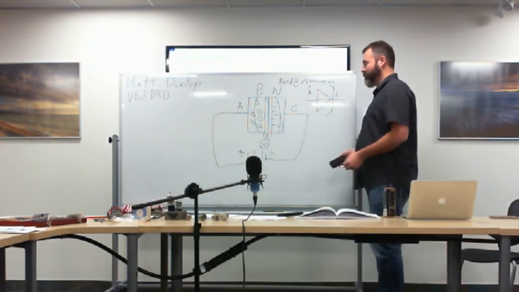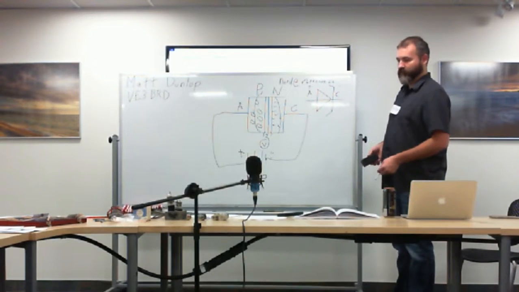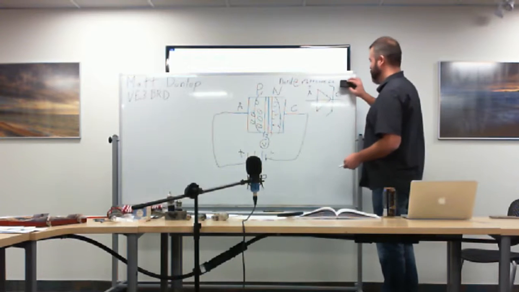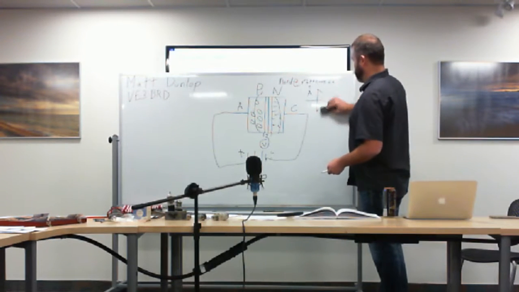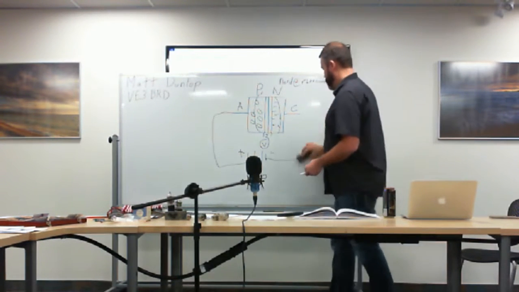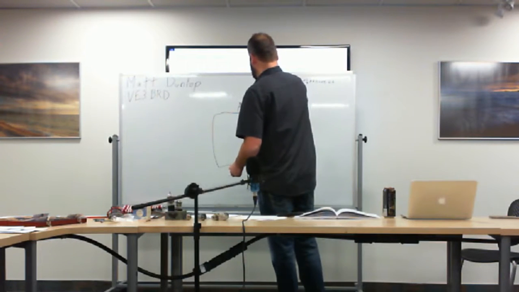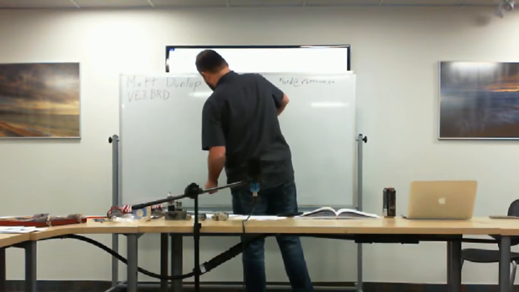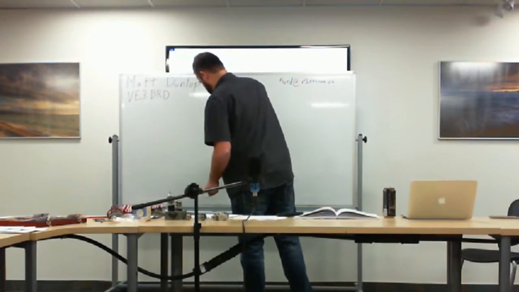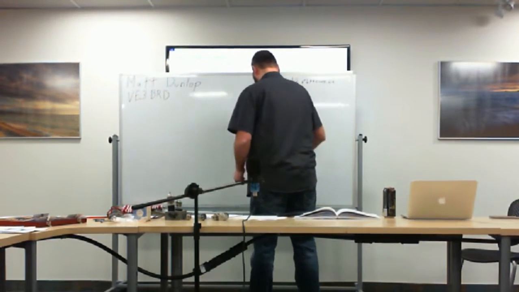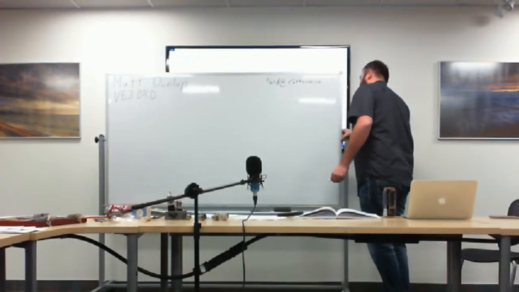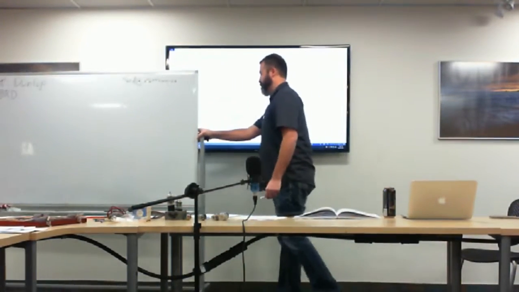So now that we have a PN junction, great, we can control the flow of electrons in one direction. What can we do with this? Well, we can take our handy dandy little PN junction and erase it. Where am I on my notes? Push this back for a second.